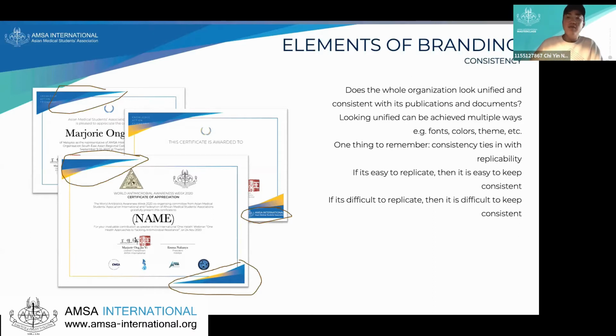Or is it trying to go in a different direction? So consistency can be achieved through many different means. It can be achieved through colors. It can be achieved through artistic styles. How are your design elements contributing to that consistency? Are you going to have illustrations that are drawn? Are you going to have mechanical looking illustrations? So many areas where you can achieve that consistency without having that sort of copy paste vibe,